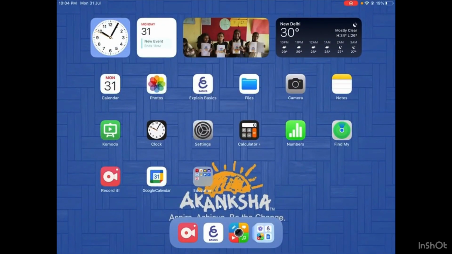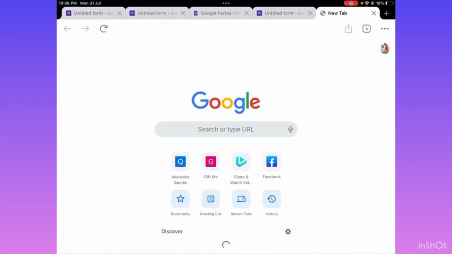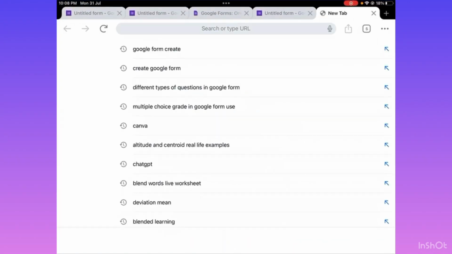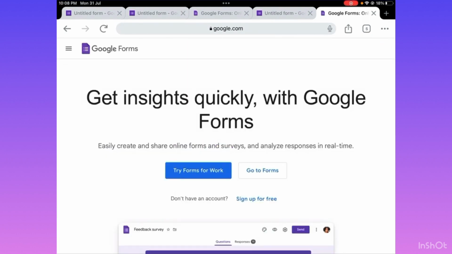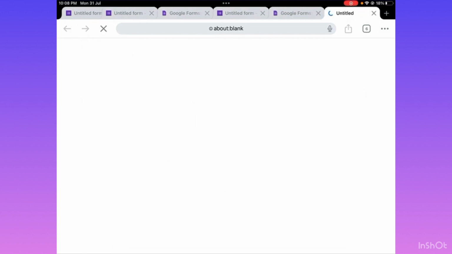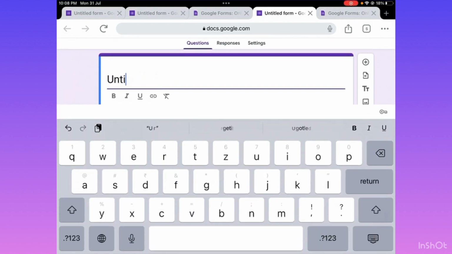Now let's see how to create a simple Google form. To create your Google form, just go to Google and search for create Google forms and tap on the very first link. Say go to forms. After selecting the blank template, you will see this first page of your form. Now if I want to create a test on integer addition and subtraction,